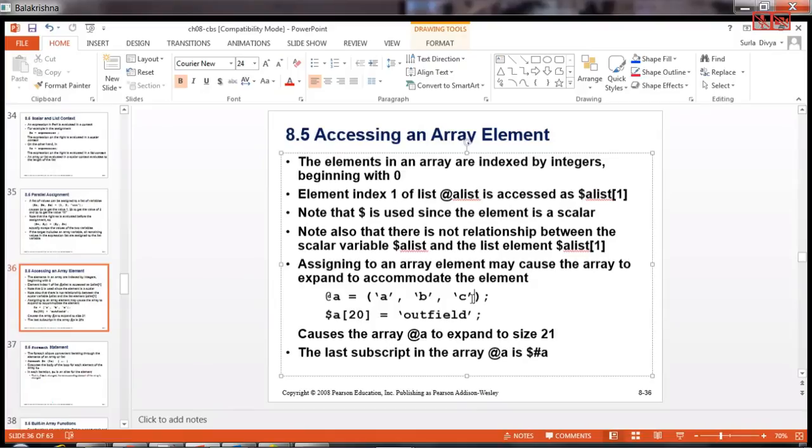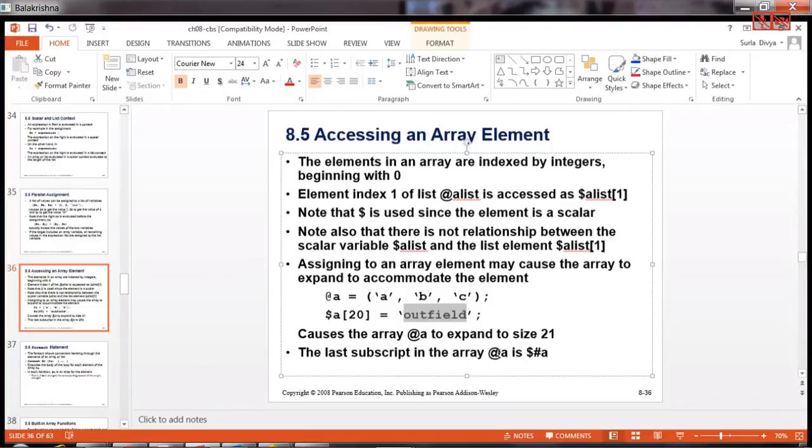Unlike other languages, as I told you, an array can be dynamically increased or shrunk. The moment you say index 20, currently the indexes are only 0, 1 and 2, but automatically it will expand the size of the array up to size 21. So at the 20th position it inserts the value outfield.